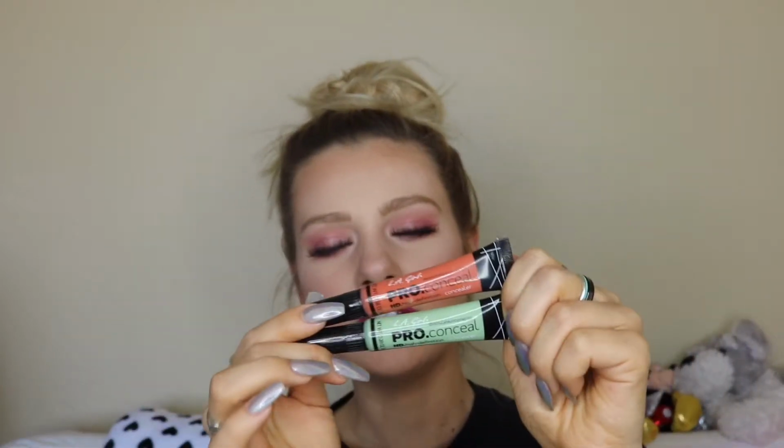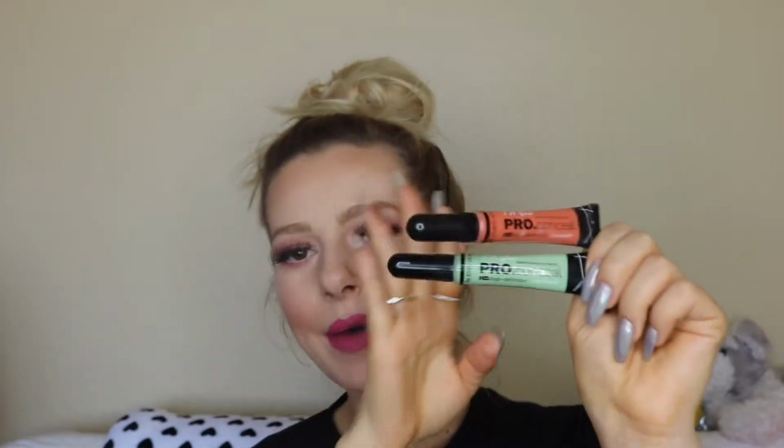Okay, a lot of these things aren't in boxes because I've played with them. Another thing I've gotten recently is the Pro Concealer from the LA Girls. Everyone uses these on Instagram. Definitely an Instagram buy. I experimented with them. Definitely found out they are way more pigmented than I thought. So I have to play with...